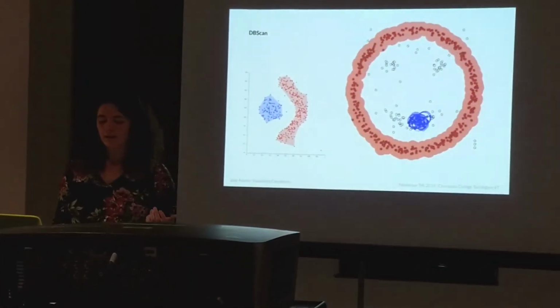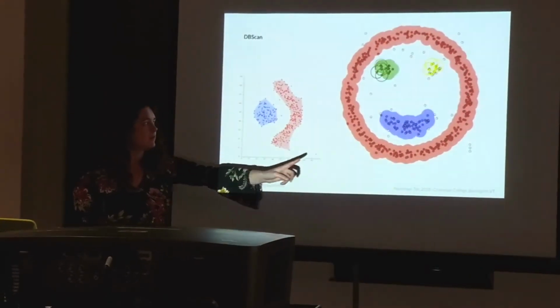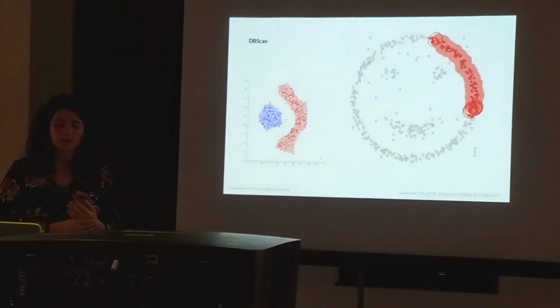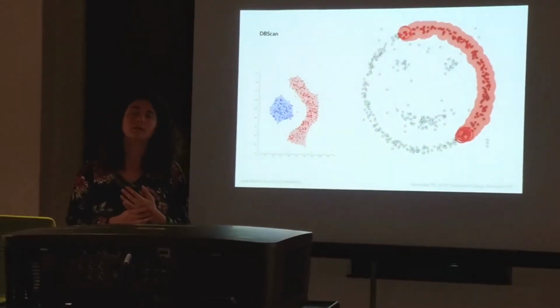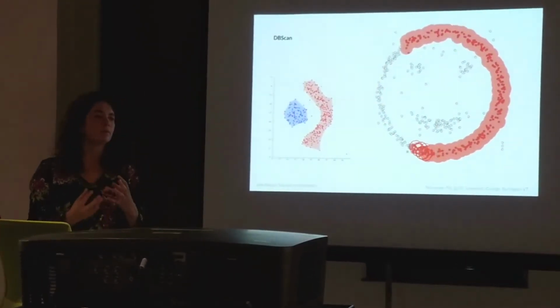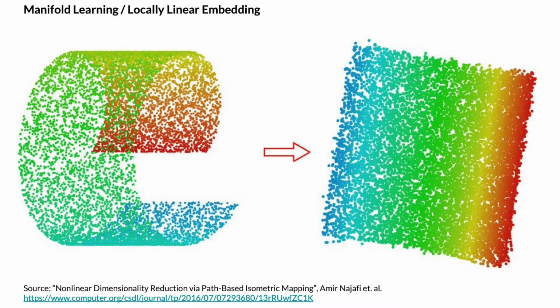It's interesting how, as humans, we would be very easily able to just circle these things and say, oh, that's a group, that's a group, that's a group. But actually, it takes a lot of thinking to communicate to a computer what we want in terms of identifying clusters of data. Dimensionality reduction is a real challenge.